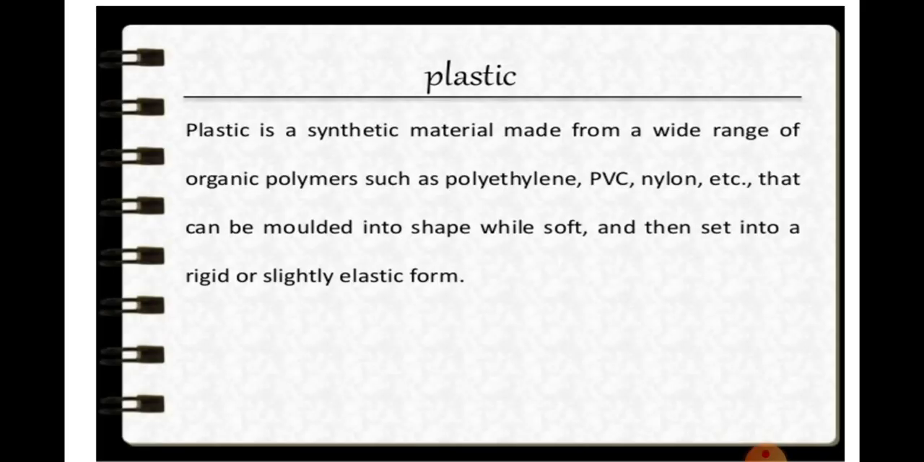Now come to the definition of plastic. We can define plastic as a synthetic material which can be molded, or you can say which can be set into desired shape when soft and then hardened to produce a durable article. The term plastic means easy to mold. Like synthetic fibers,